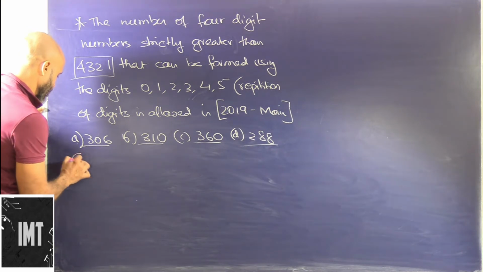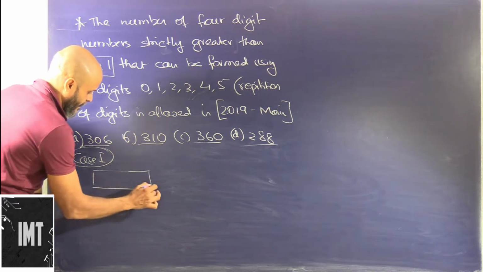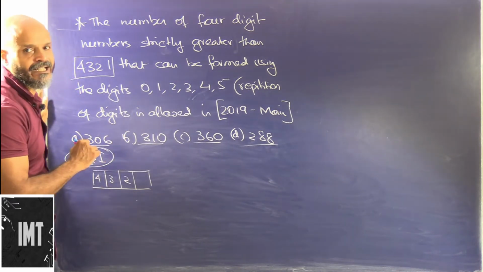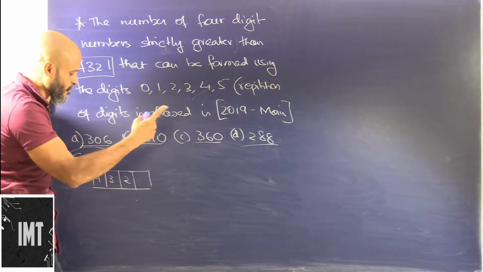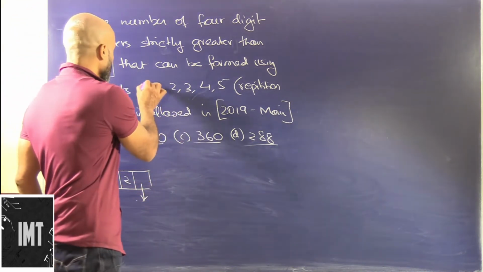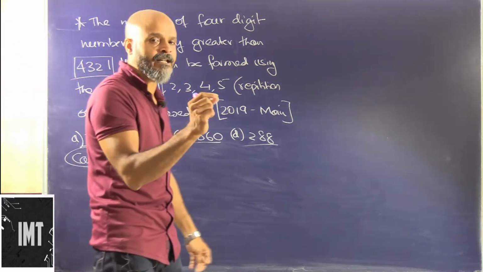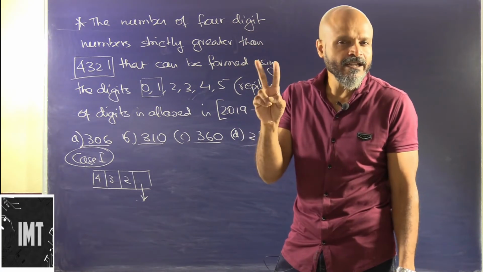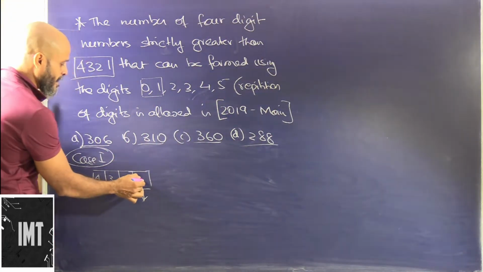Okay, now let's take case 1. We will play here with the different digits that we have. So let's say 4, 3, 2. The first number that we would be getting is 2 in the unit digit: 4, 3, 2, 2, then 4, 3, 2, 3, then 4, 3. So in this case, what we cannot fill is 0 and 1. So out of the 0 and 1 which have been given here, we have to select numbers which are greater than 4321. So obviously in the units digit we cannot have either a 0 or a 1. It has to be greater than 1.